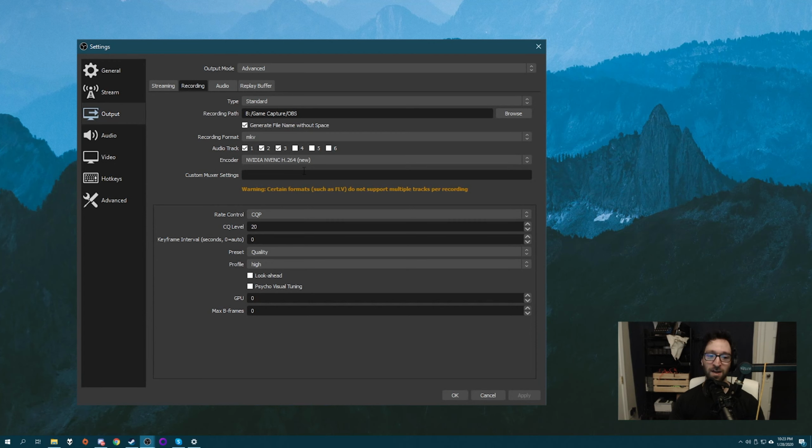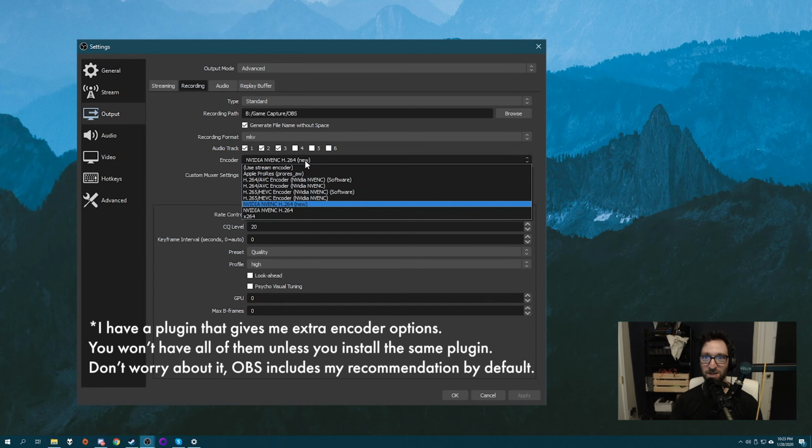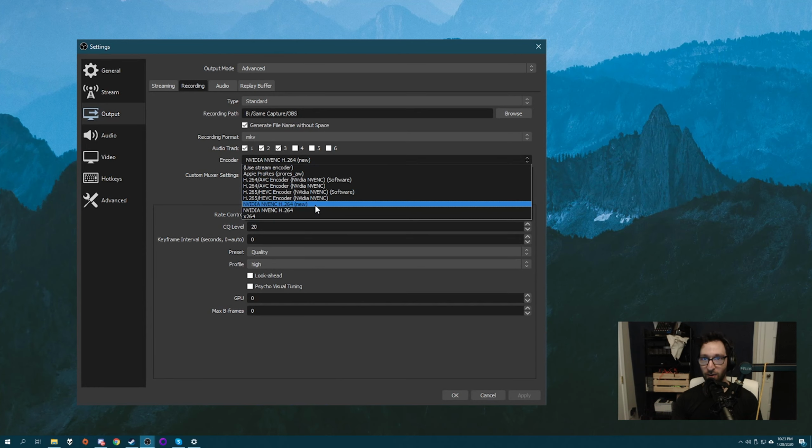It's that simple. Encoder. If you look in the description, you're going to see a big block of text that talks about encoder and GPU, purchasing advice, all this crazy stuff. In a nutshell, Nvidia NVENC H.264 (new) is the encoder you should be using. You should have an Nvidia GPU to use OBS with. That's not a hard and fast rule. AMD GPU support is available in OBS and it is good, but NVENC New is the fastest and most efficient